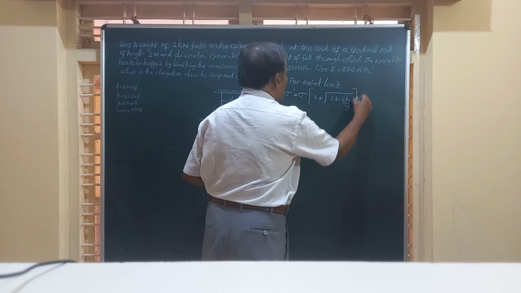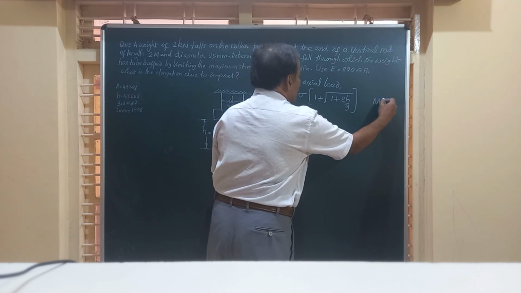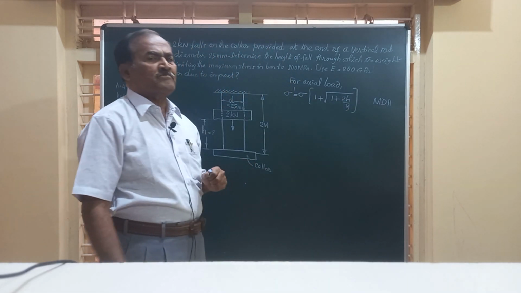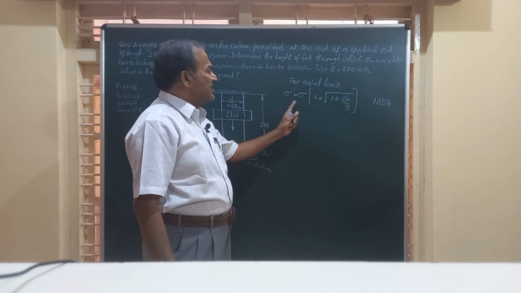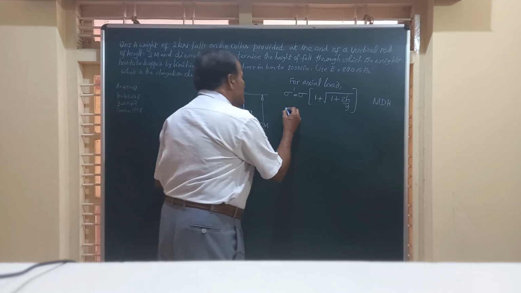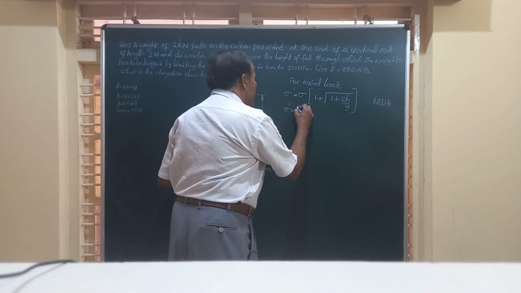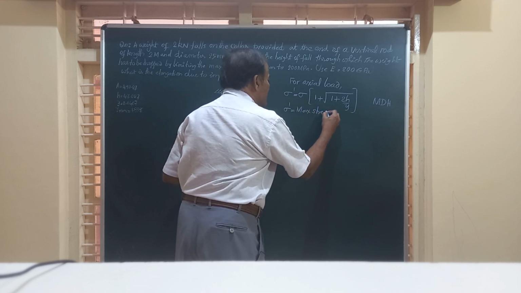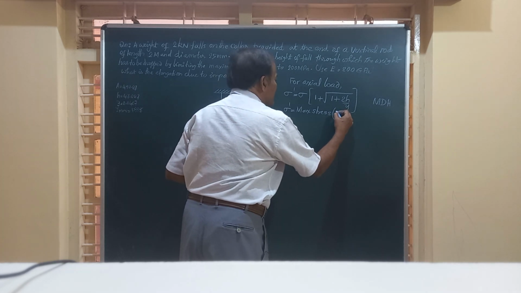This is a formula available in the machine design data handbook for the case of an axial load. So we will know each and every one of these terms here. Friends, this sigma dash means maximum stress due to impact. Maximum stress, that is tensile stress in this case,